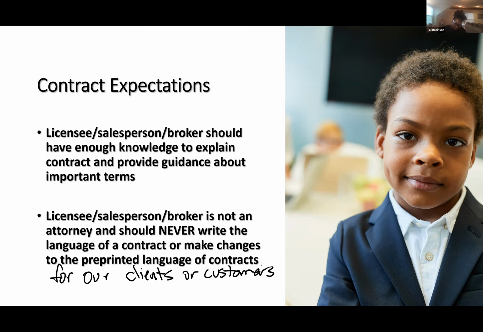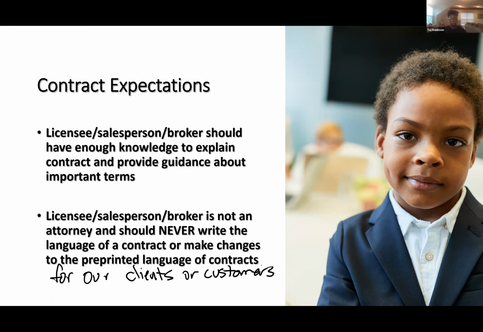Okay. Now, I'm going to give it to you again. We're going to stick with this same example because you need to see how this is going to change depending on the nuance here. So here's how the conversation goes. The buyer says to Howard, Howard, I don't like 5 days. I want you to cross it out and put 10 days. And Howard says, I'm sorry, I can't make that change for you. I'm not an attorney. And the buyer says, well, just give me the pen. Just give me the pen then. I'll do it. Are we okay so far?